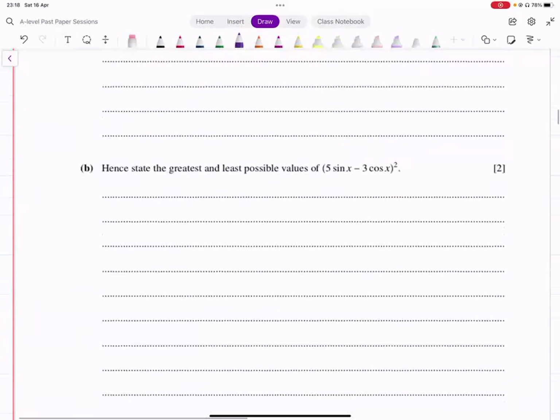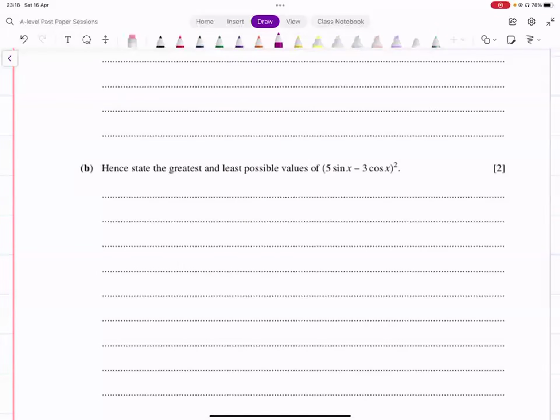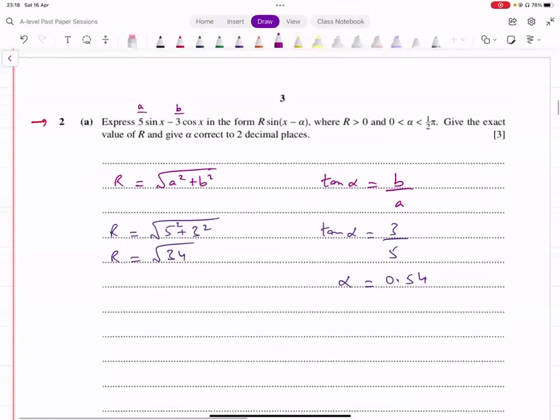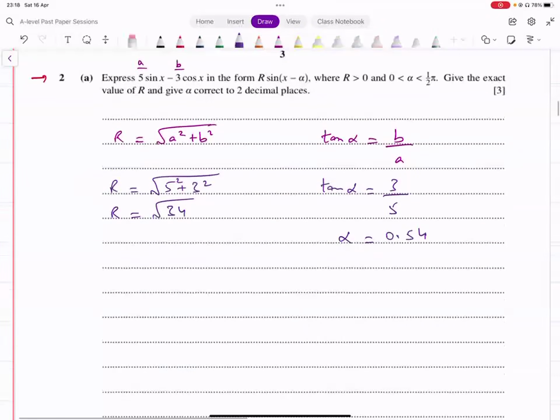Next part में उसने क्या कहा है, hence state the greatest and least possible values of (5 sin x − 3 cos x) whole square. Okay, अब ये नीचे क्या लिखा हुआ है, it's basically the same thing as this, बस इसको स्क्वायर कर दिया। ठीक है, जो ऊपर एक्सप्रेशन लिखा हुआ था उसको हमने स्क्वायर कर दिया।